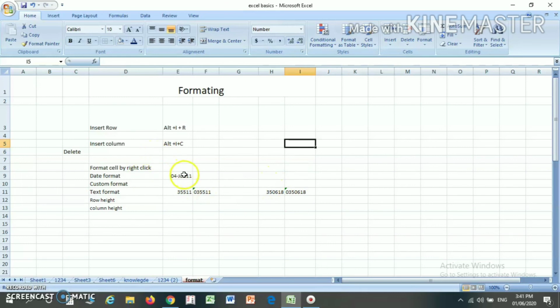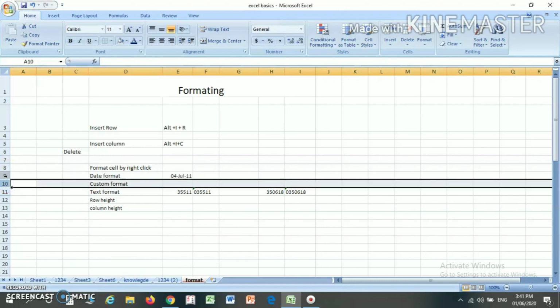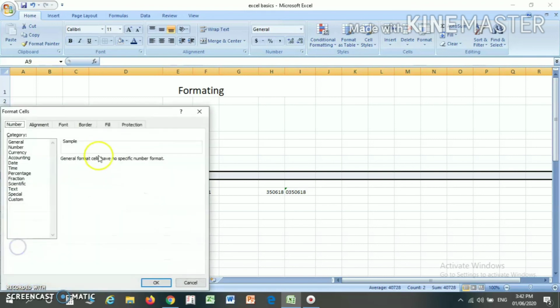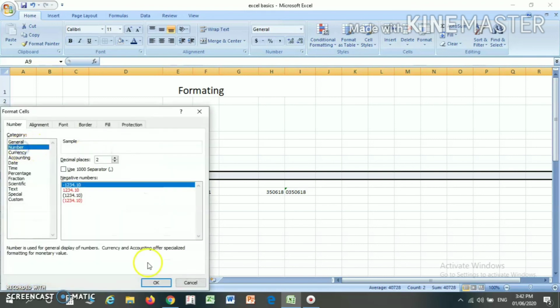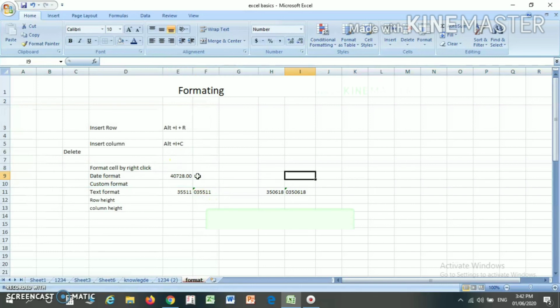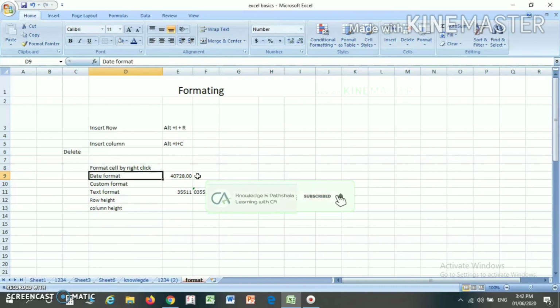If I select this row, for example, and change my format cell option, and here suppose I select the number format, any data having a numeric value will be converted into the number format. So in this way you can format your cells, rows and columns in your Microsoft Excel.